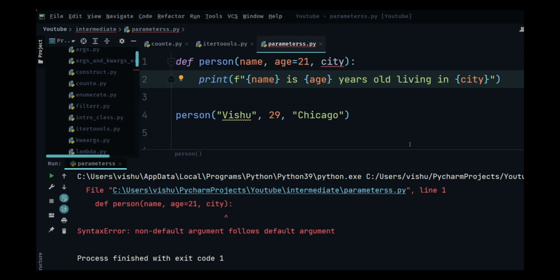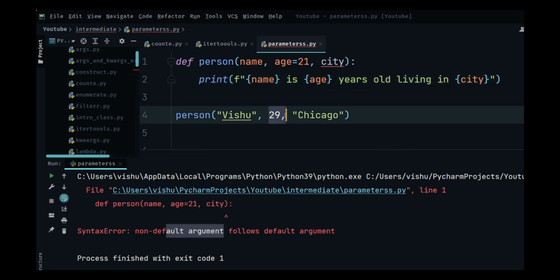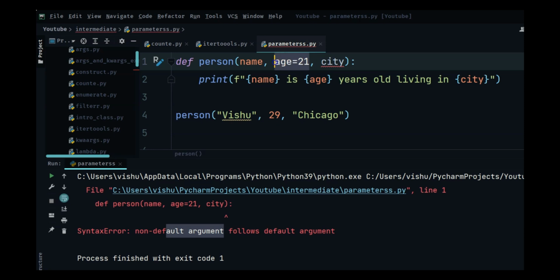What this means is there's a parameter with a default value, but then the city does not have a default value. So if you specify a variable with a default value, every parameter that comes after this needs to have a default value. You cannot just put some default value in the middle and then expect the other ones to be fine.